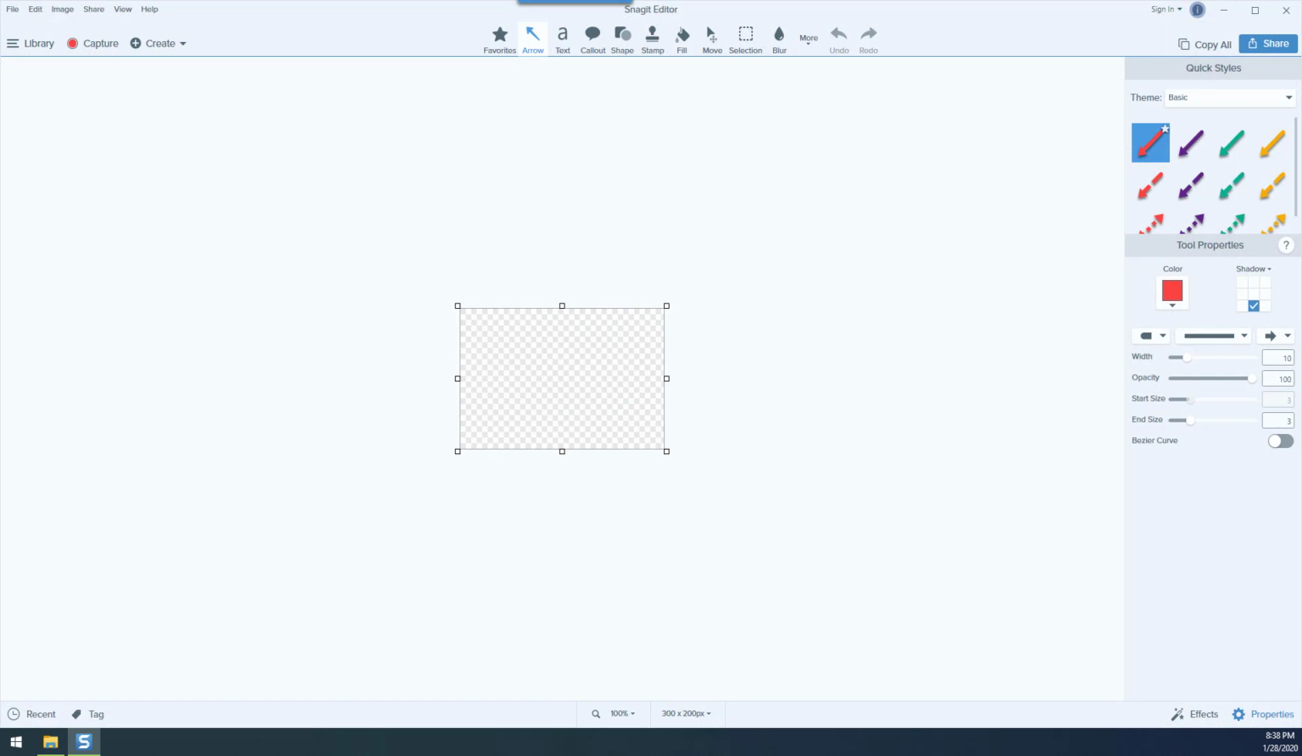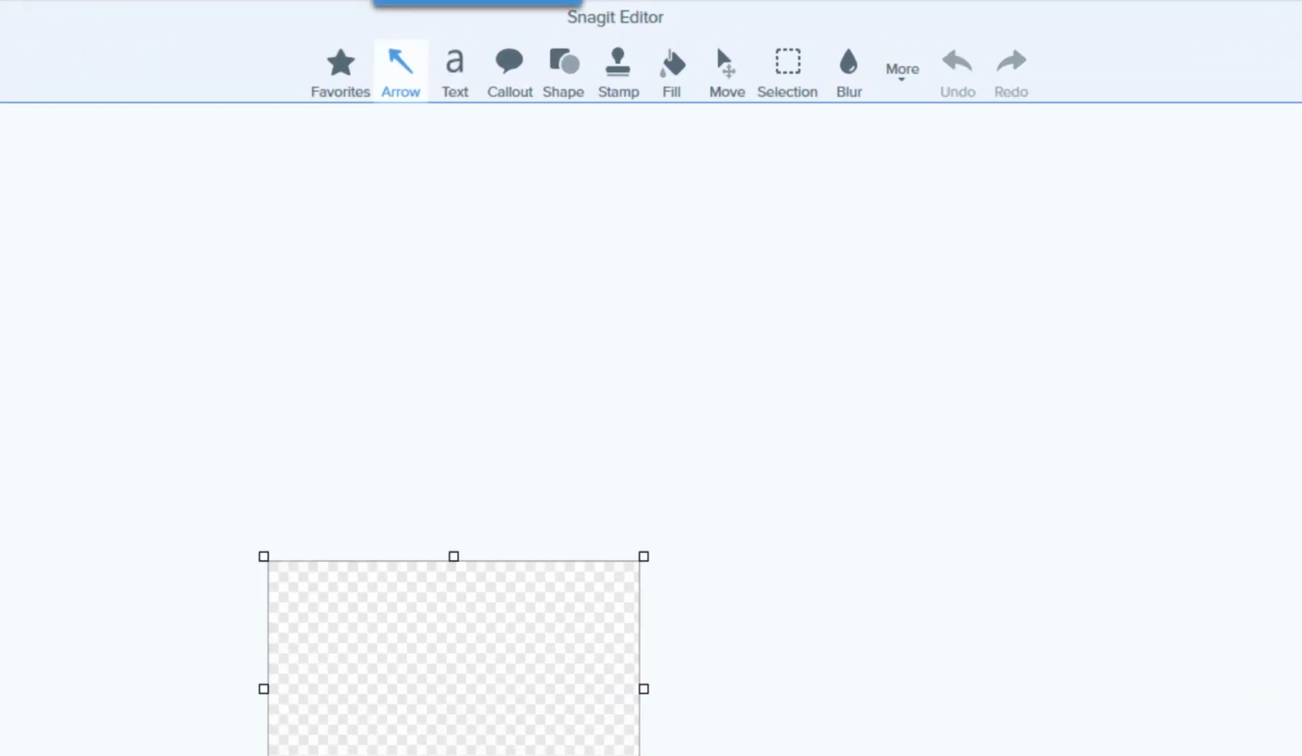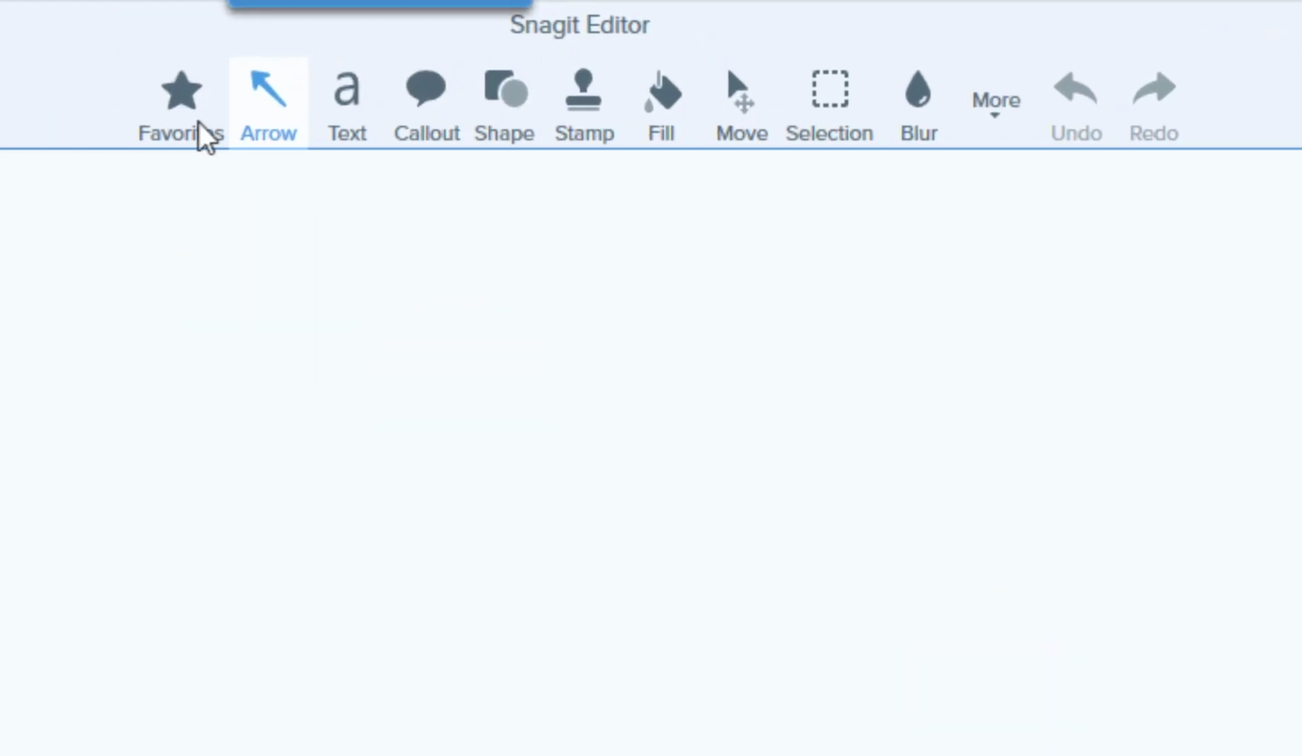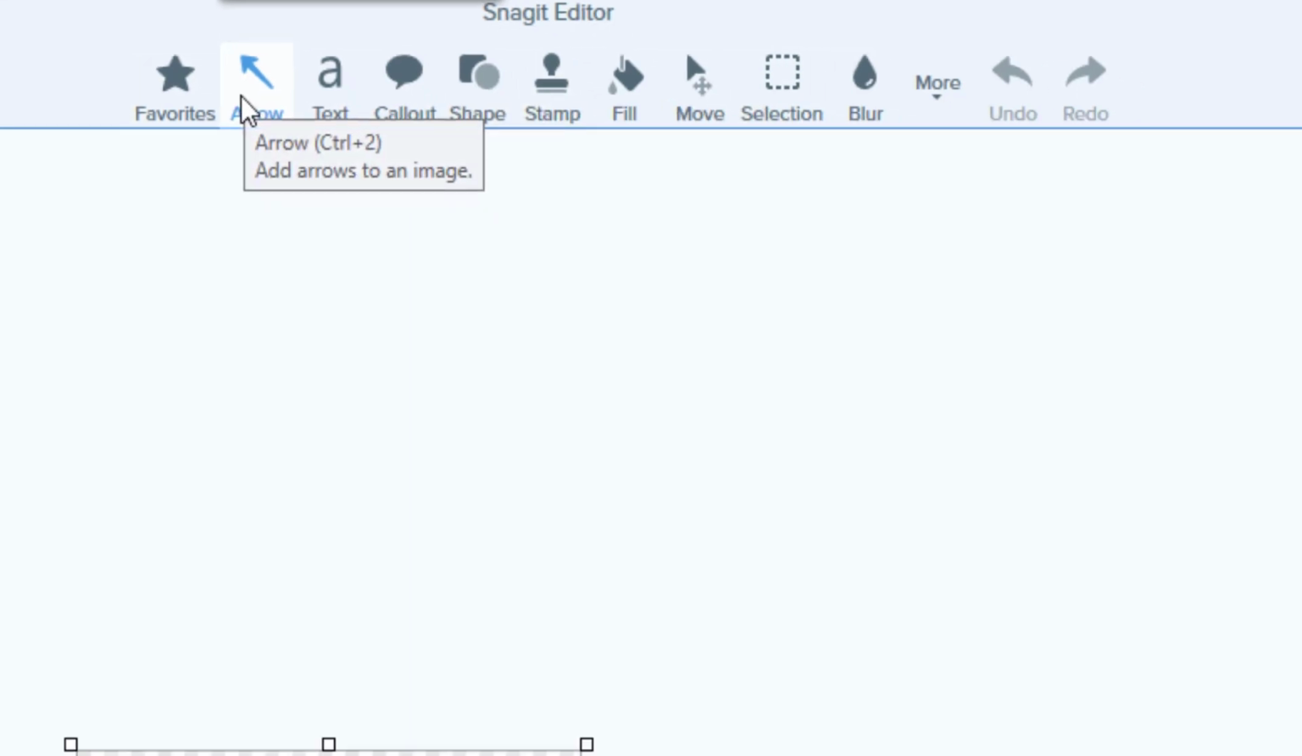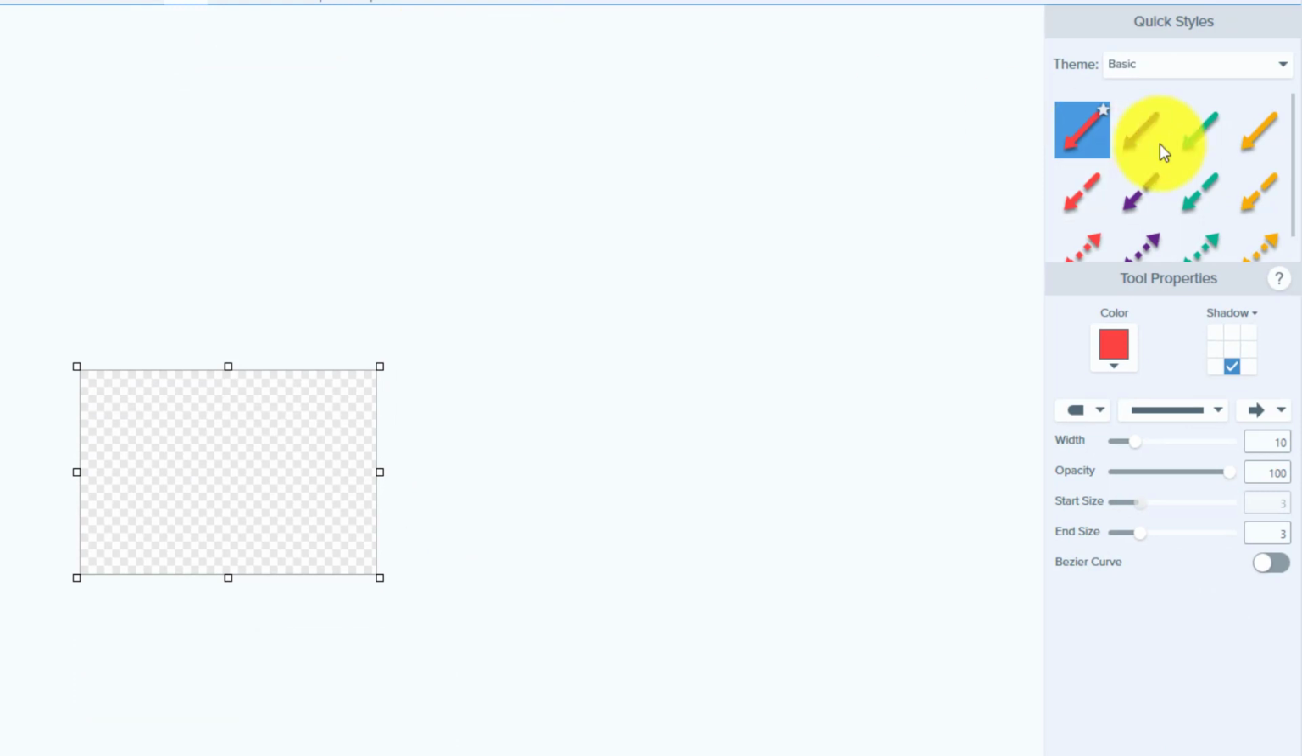Today's episode will be focused on the arrow tool found in the Snagit editor used during editing your captures. Here in the Snagit editor I have a blank image up. I have the arrow tool selected, and this is indicated by the light blue color, whereas all the others are gray. It is also indicated by the fact that the right side properties pane shows arrows and has the tool